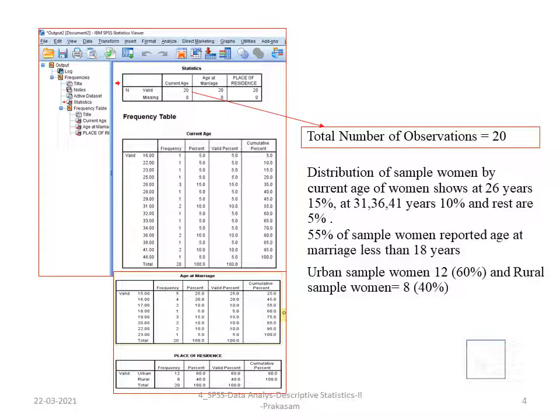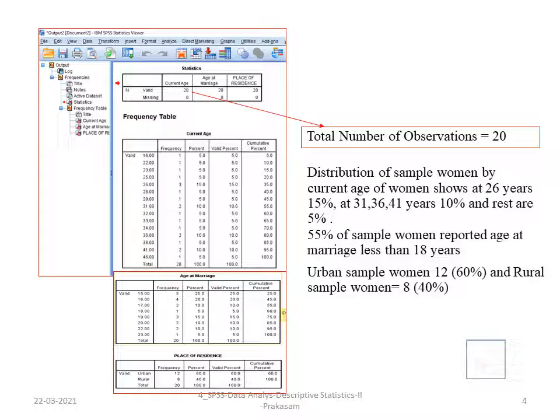Therefore, the missing value count will give us the answer of how many variables have not been entered for the data analysis. There is also another method of how to impute missing values, and other things, that will come in the advanced statistical methods. Then we come back to that. Down below you will find the frequency table and current age of the respondent.